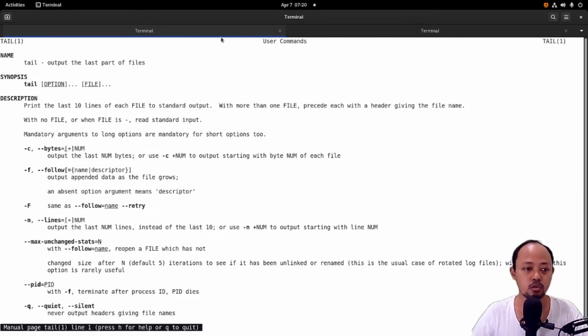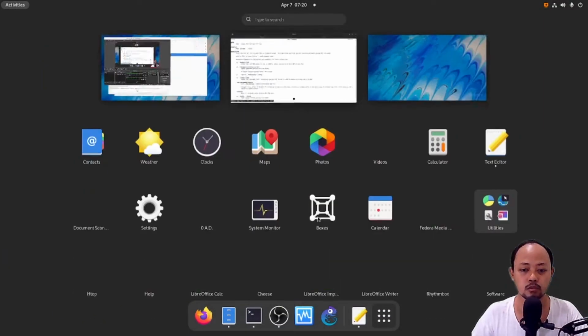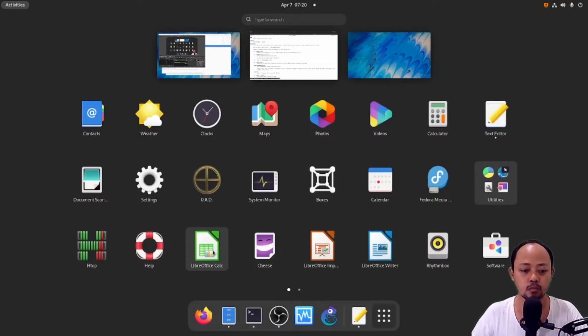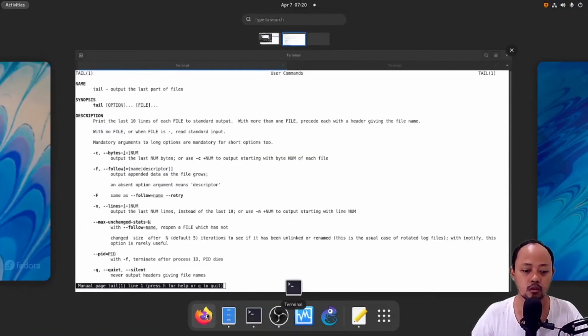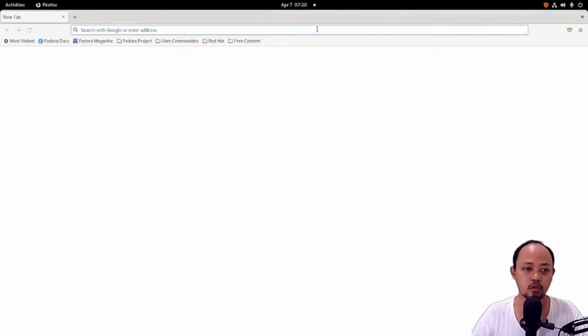Before we continue to learn about the tail command, we need to create a file with long lines. I mean, we need a file that has many lines. So I will use LibreOffice Calc, and then I need a Lorem Ipsum generator for generating the lines.